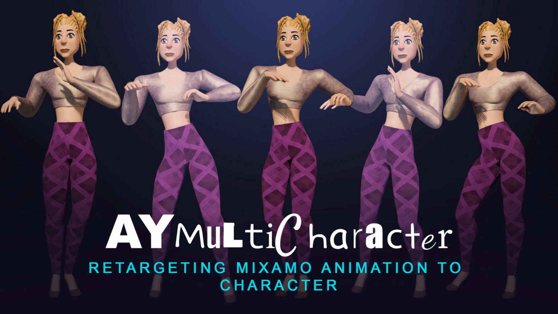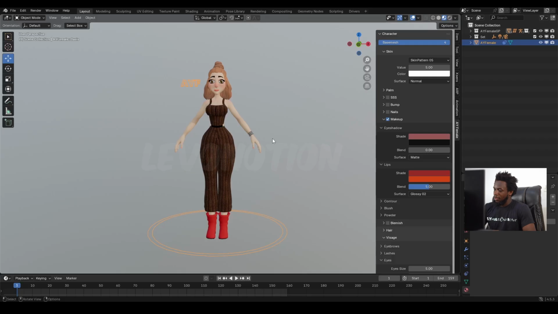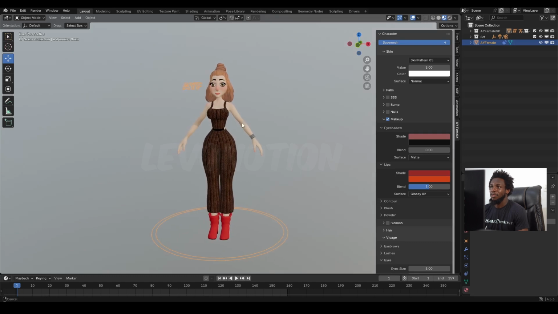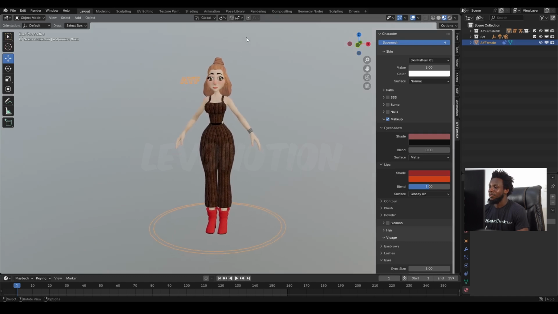Retargeting Mixamo animation to AYMultiCharacter. With AYMultiCharacter version 2.0, it is very easy to retarget your Mixamo animation. Now, I have the AYMultiCharacter female here in this scene, and I would like to import the Mixamo animation that